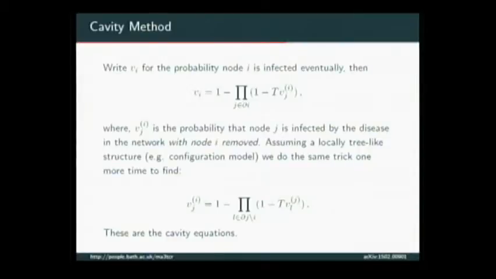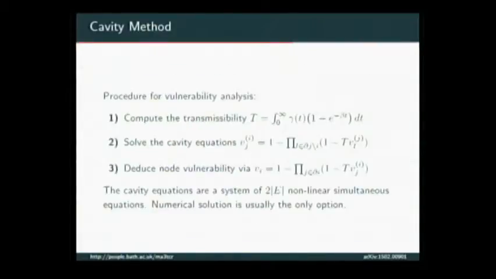So this is now a closed system of equations that hopefully provides a good approximation to the probability of a node catching the disease in this epidemic model. And in fact, you can show that the solution is an upper bound. So it is useful for something, right? Okay, but is it a tight upper bound, generally? Okay.